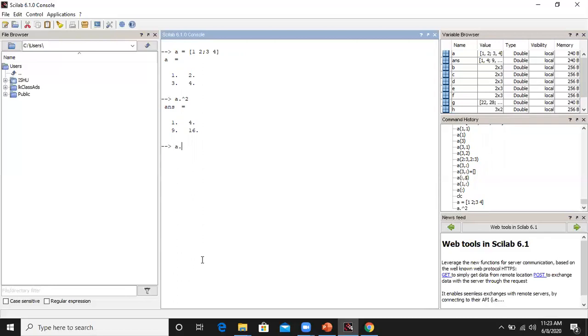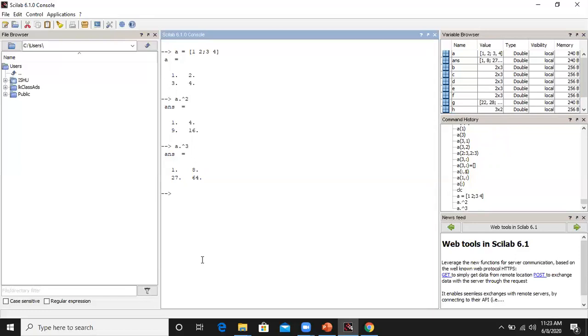If you want to cube them, then A dot, then cap, then type 3, and we get the cube of all those values. So 1 cube is 1, 2 cube is 8, 3 cube is 27, 4 cube is 64.